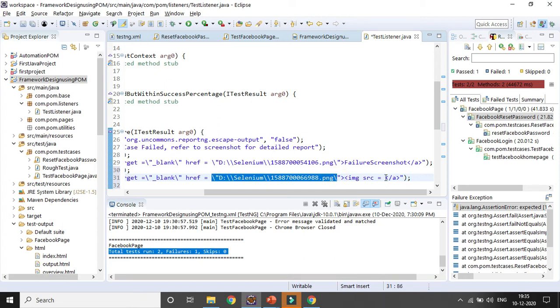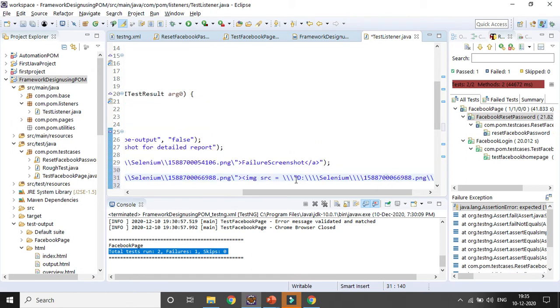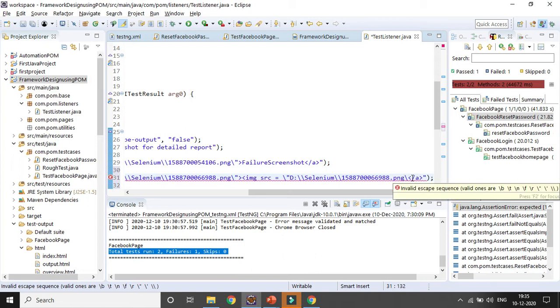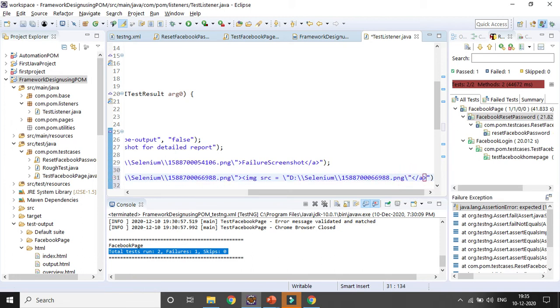Otherwise, if you are giving an image, that is why you will be using it. So first you need to give the escape character, and then you need to give the path. Here by default four slashes are coming automatically, so you need to remove two slashes, and then end with the escape character. Then I also need to end with that particular double quote. Then I need to close the image tag, img slash img. Then the other tag will be closing, the anchor tag.